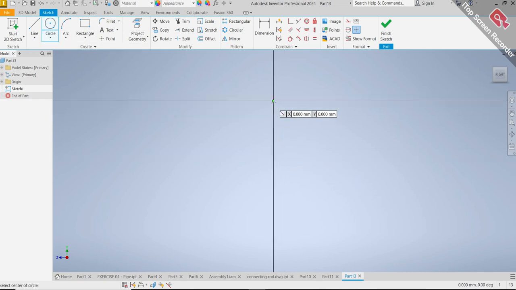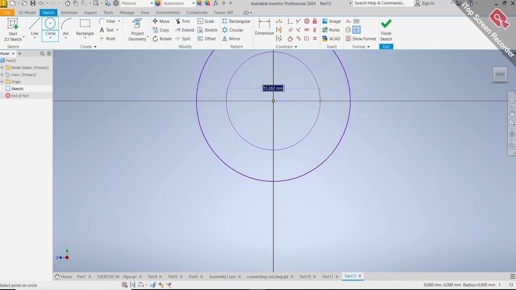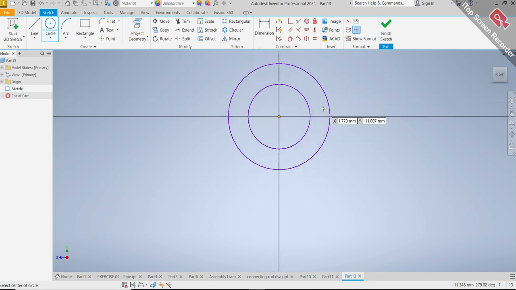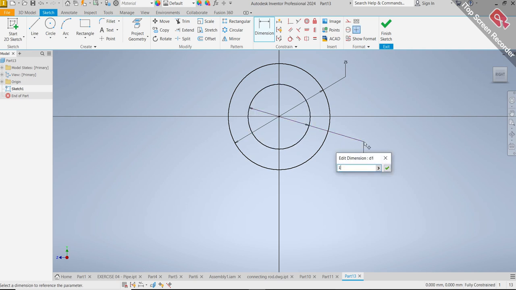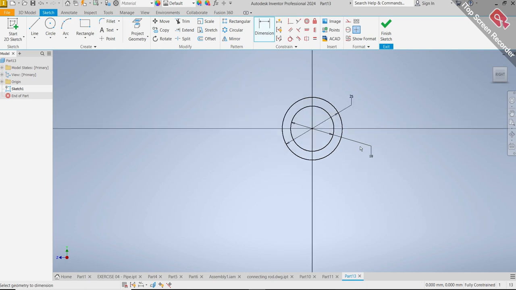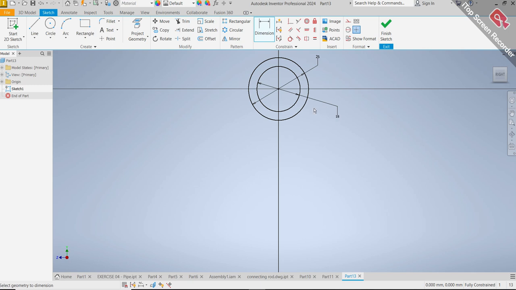I come here with the circle, I click, I expand. I come here, I click, I expand. I'll dimension it. I dimension the first circle 25. I'll dimension the second circle 18. So after this,